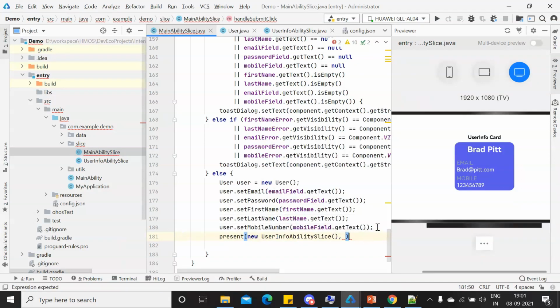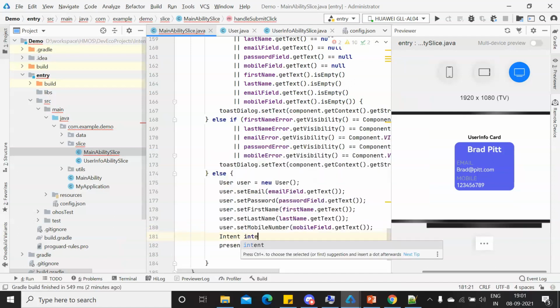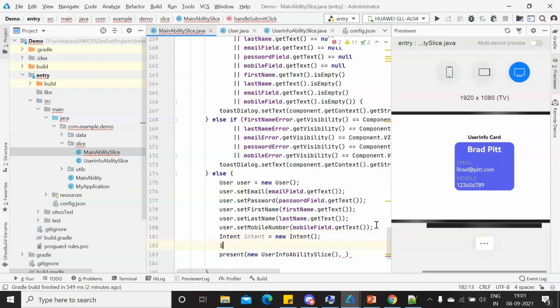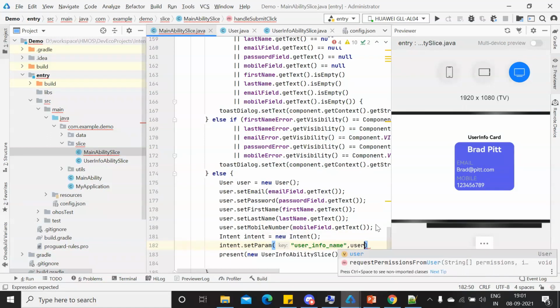I have not defined my intent yet. Intent. And then intent dot, as I've already told you, set param user info name, right? User dot get